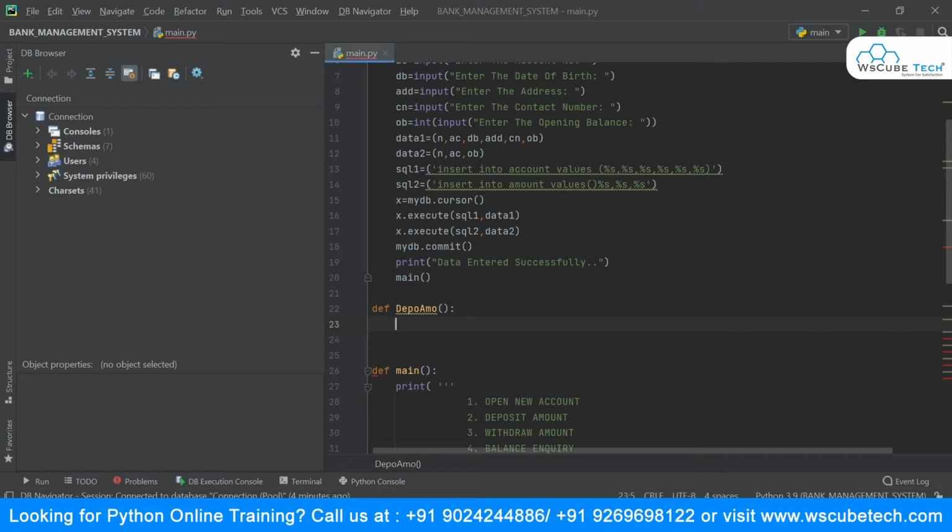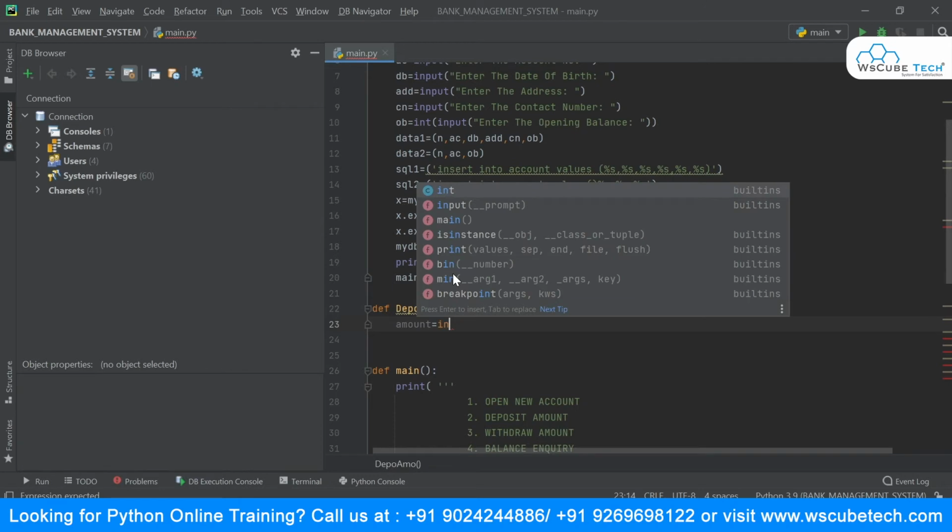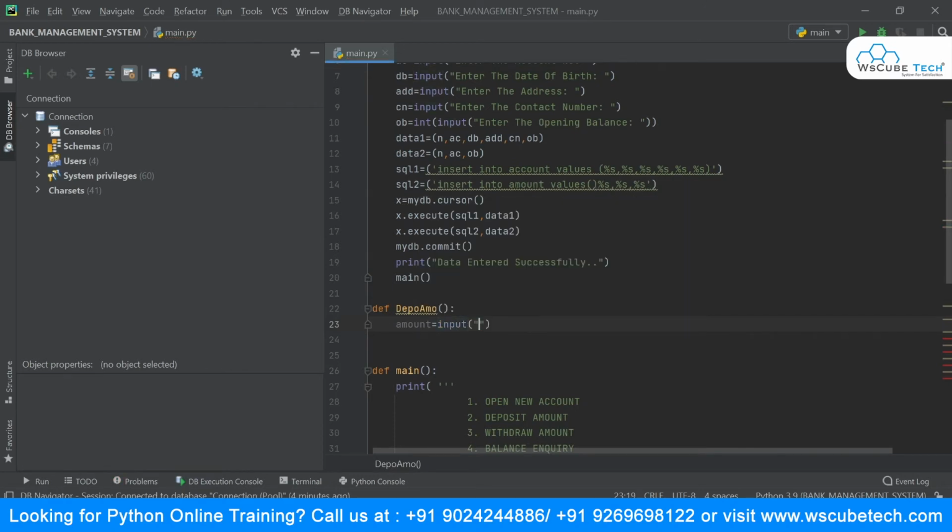So I will take a variable name, since it is for the enter amount, I will say amount. Okay, so amount is equal to input, and I will say enter the amount you want to deposit. That's it.